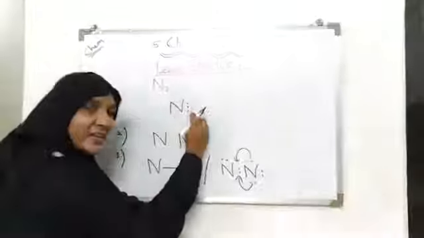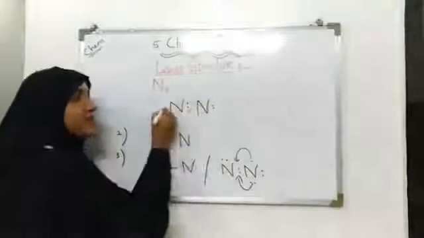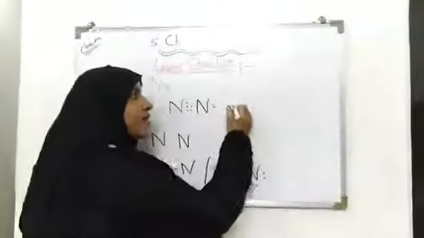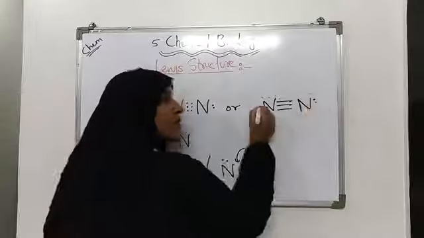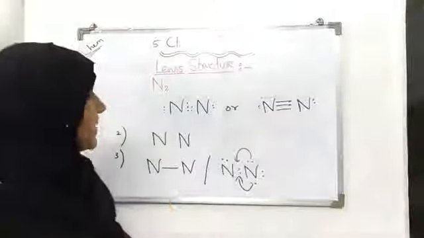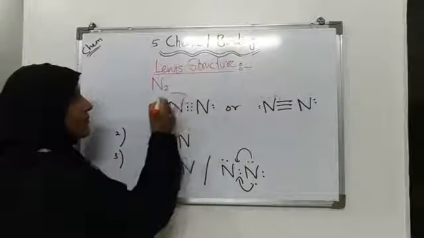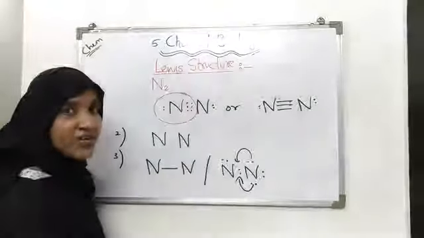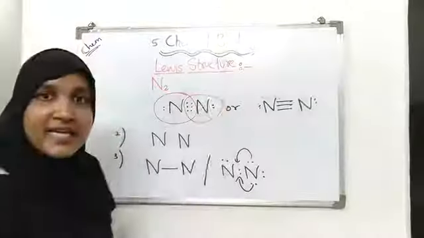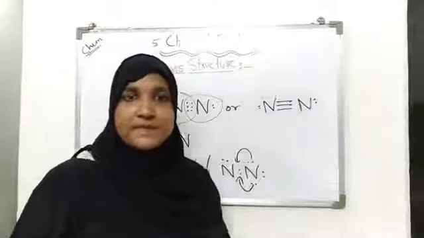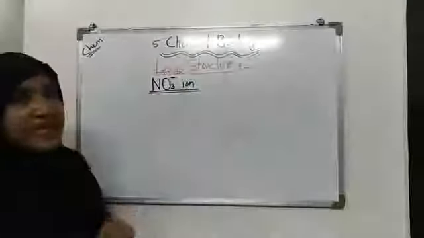2 pairs, 3 pairs. It means that these two are sharing 3 pairs of electrons. It means they have a triple bond with each other. Now you can check whether the octet is complete or not. आप देख सकते हो दोनों का ऑक्टेट कंप्लीट है कि नहीं। तो आप देख लो कि इसके पास भी 8 इलेक्ट्रॉन्स आ गए और इस नाइट्रोजन के पास भी 8 इलेक्ट्रॉन्स आ गए। ओके, लेट्स टेक अनदर एग्जांपल ऑफ नाइट्रेट आयन, NO3 आयन।